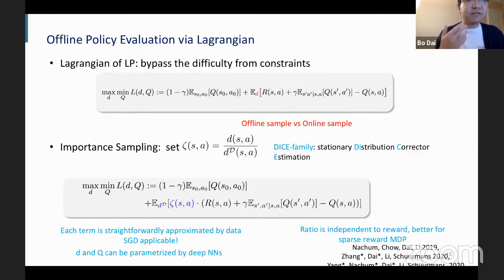Let's give a very extreme case. You only have one state, which is 1, and the other states are all 0. Basically, it's not doable with the Q-based function because the reward is too sparse. Every location is 0, almost, right? But that's not a problem here because, for example,